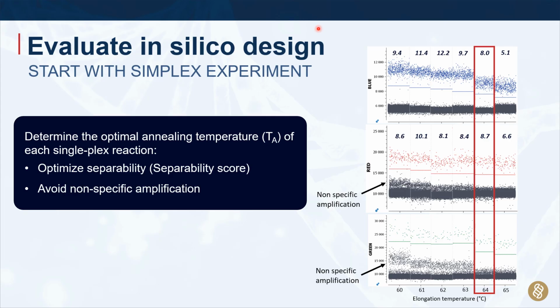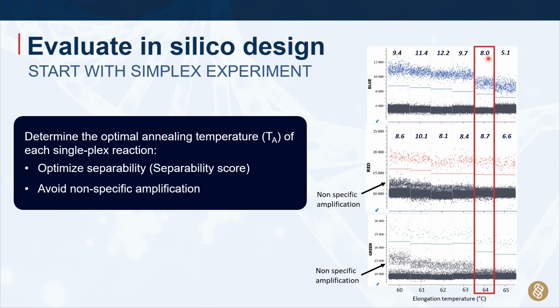Next, let's have a look at how we evaluate the design of a digital PCR assay. It's important, especially for multiplex assays, that you always optimize them separately. So in other words, a single plex reaction before you start multiplexing. This is to ensure that you have the best amplifying conditions for each individual reaction before you put them together into a multiplex reaction. In this specific case, we can see we've got a triplex assay here, and the numbers